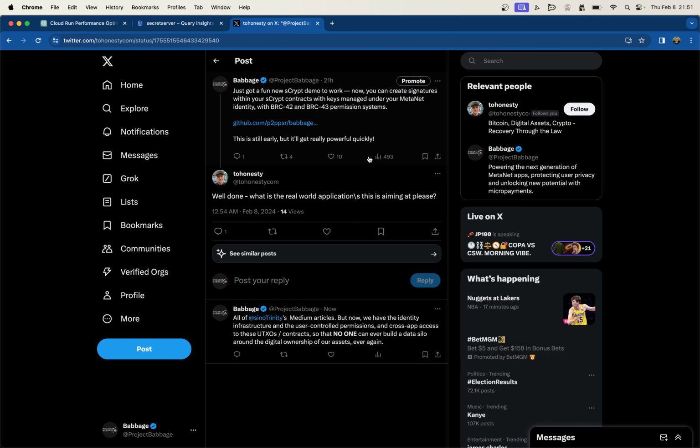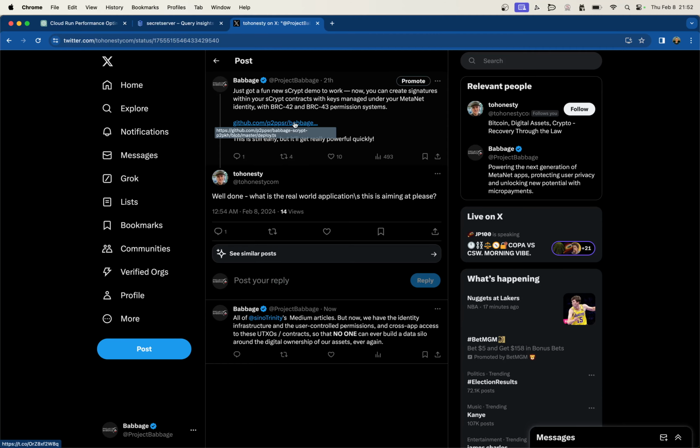And what that enables is all of the sCrypt contracts that have been written that use things like op_checksig, or that use things like in Bitcoin, like the signatures that you can have over the data in your contracts. All of that is now compatible through this piece of code here that I have linked in my tweet with the Babbage architecture, the Babbage MetaNet Client, and the permissions that users have within this context.